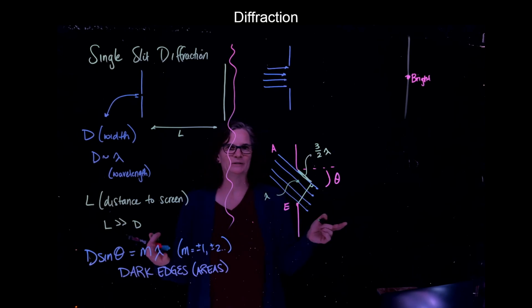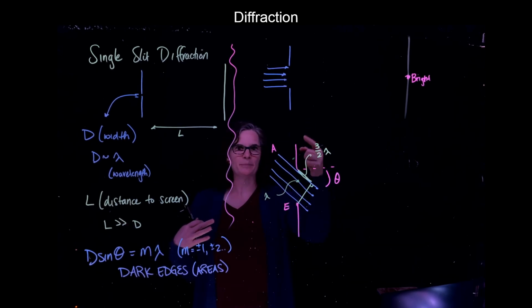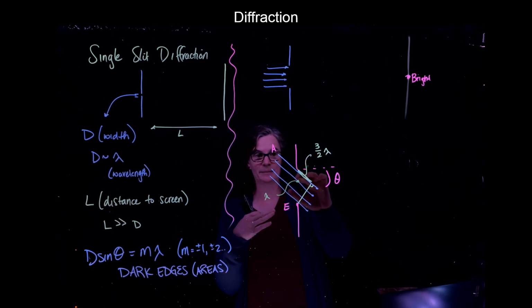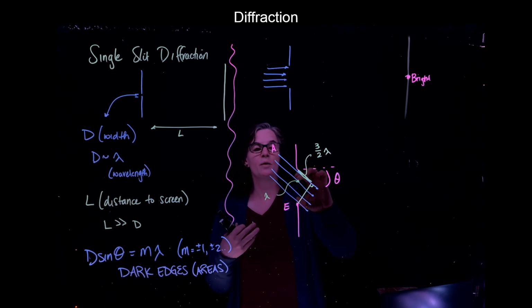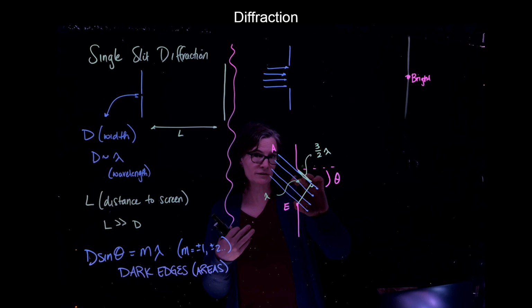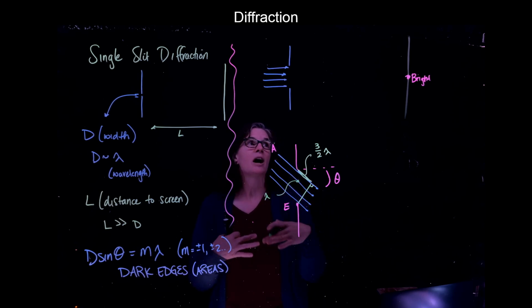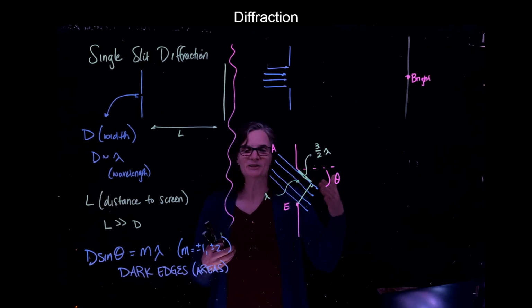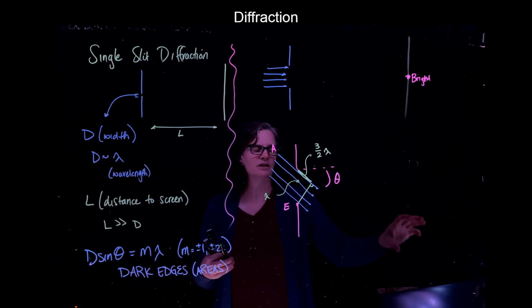And what did we learn from the lambda distance in our previous example? Halfway between that, we get destructive interference for every ray. And so 2/3 of the space is destructively interfered with, so we're experiencing destructive interference